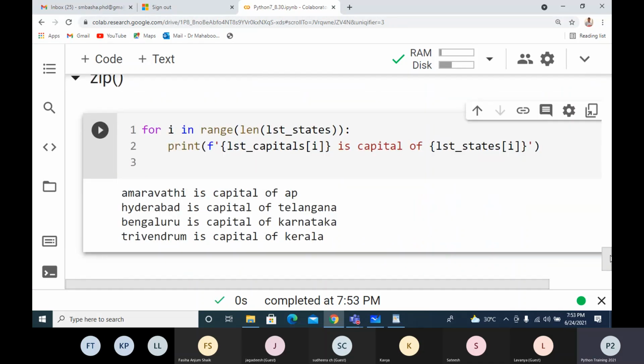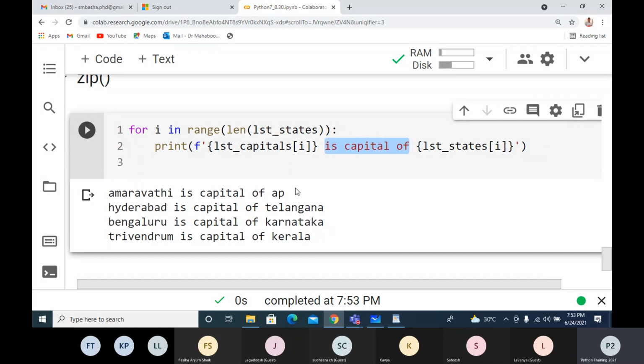One thing you can observe is that if I start with F and keep something in flower brackets, that will be a variable, so it is replaced with its value. LST capitals I is replaced with Amaravati. If I keep something outside, it is as it is. Is capital of is coming as it is. That way it is displaying. This is one format I am using here.